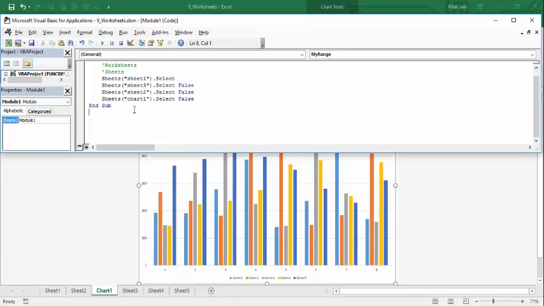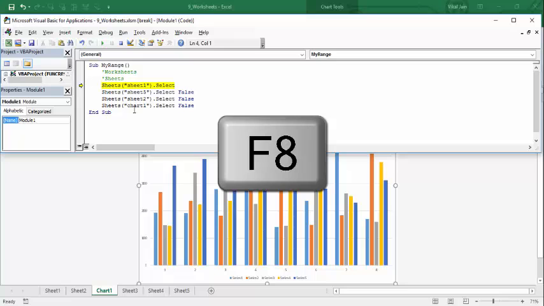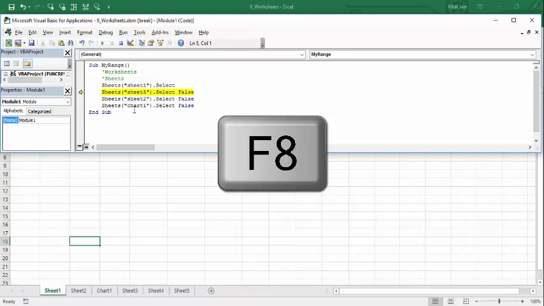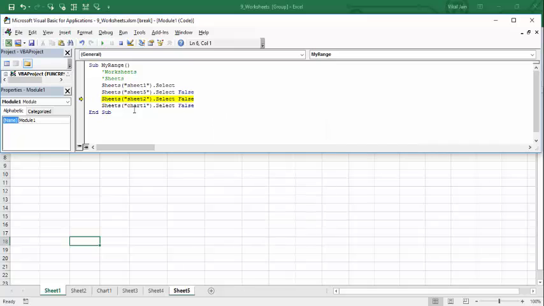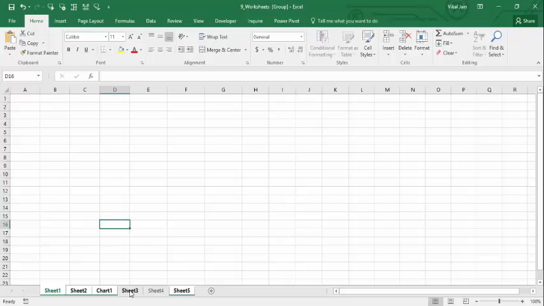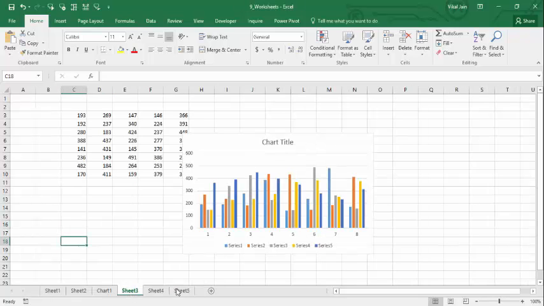Okay, so press F8. Sheet 1 is selected. Okay, sheet 5 is selected. See, VBA is now carrying two sheets simultaneously. F8. Okay, sheet 3, sheet 2 is selected. Then F8. It means VBA is carrying four sheets. F8. So click on any sheet to discard. Okay, now go to